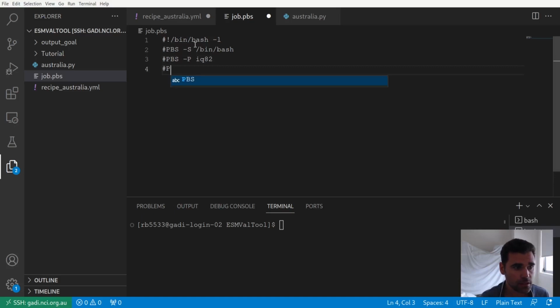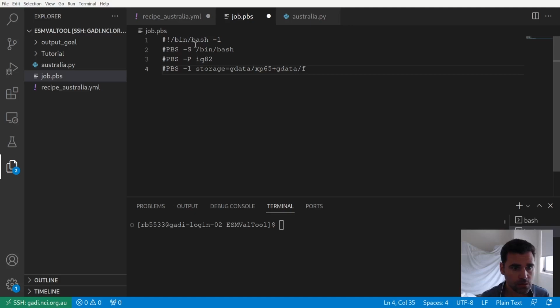Again, this is an ACCESS-NRI specific project, so use your own. And I'm gonna request some mounts, XP65, because that's where ESMValTool is installed, and I'm gonna